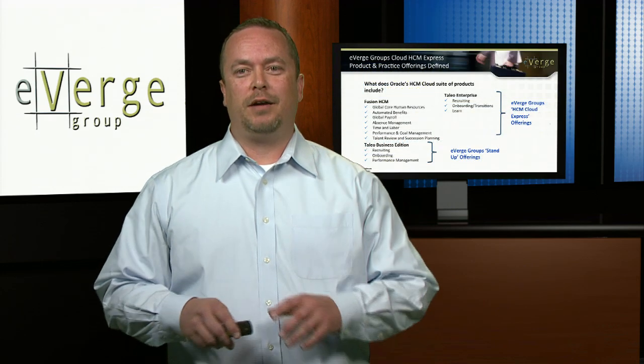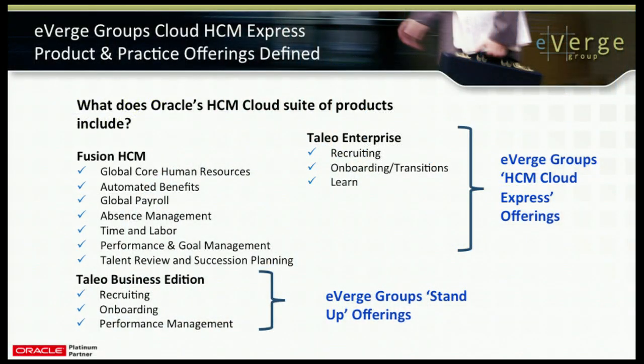So when we talk about HCM Cloud here at eVerge Group and really focusing on what that means from a product perspective, it really involves two main applications. It's Fusion HCM and Taleo. So within Fusion HCM, the functionality or modules, if you will, included in that application are the core global HR app, automated benefits, and with Release 8 of Fusion now we have time and labor and a more robust absence